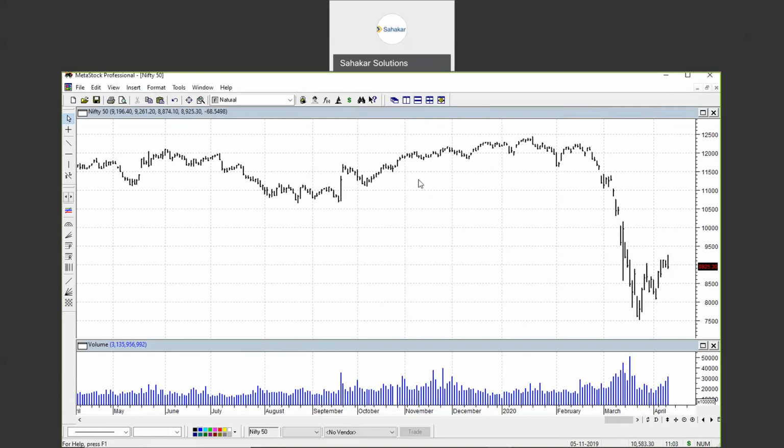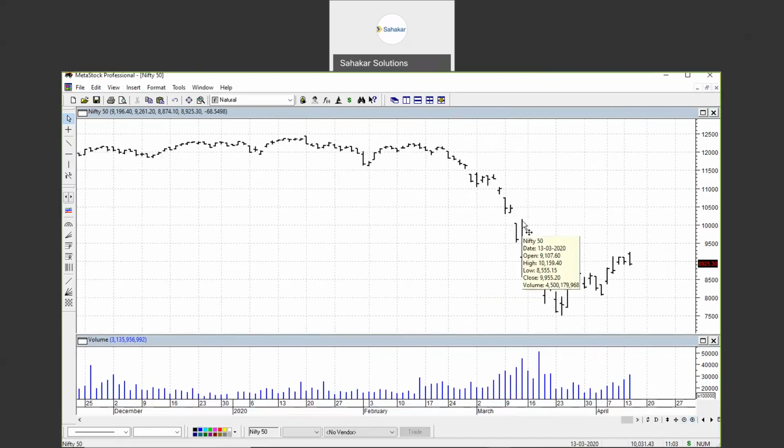This is nothing but the open, high, low, close, all the four price fields are taken into consideration for plotting this. And as you would see, here it is the bar. Here it is the bar. We will consider the anatomy of the bar. Here we have the high of the day made here, and this lower one, the bottom one, is low for the day, and here the right tick is added, which is nothing but close for the day, and this left tick is open for the day.